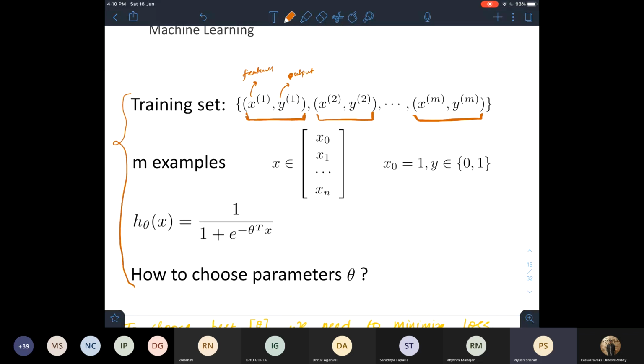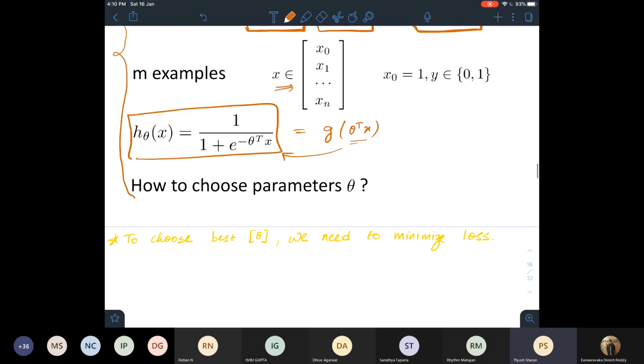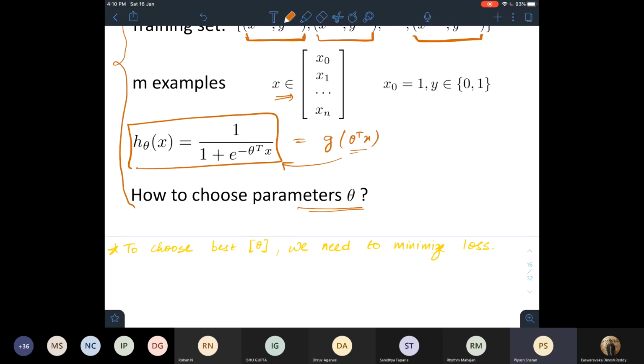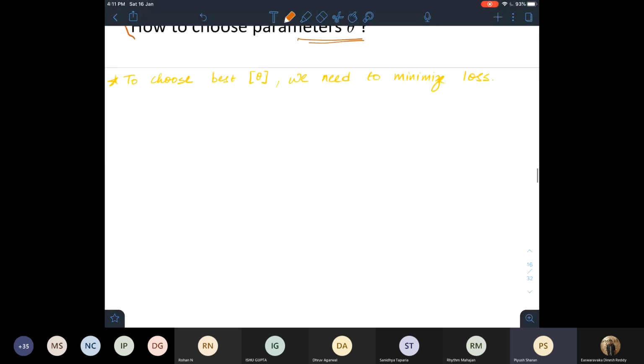Again, this is the feature matrix, and the hypothesis function is this. This is nothing but the same one; we have just expanded theta transpose of x. Now again, our problem becomes how to choose parameters theta, but before that, we define a cost function on that.